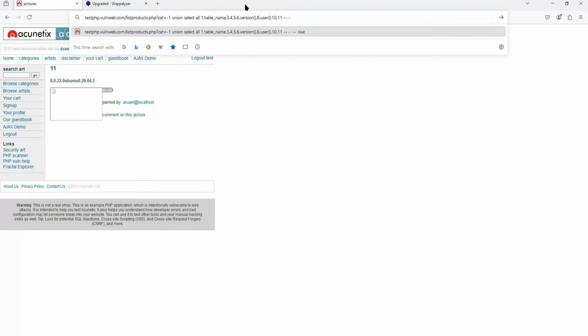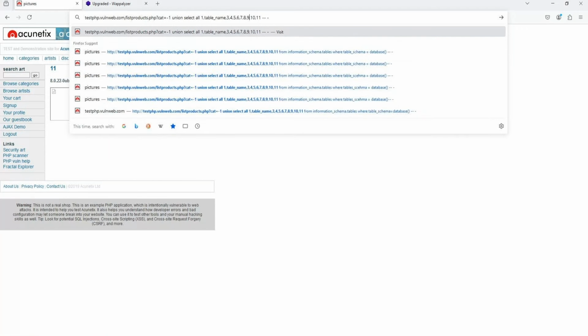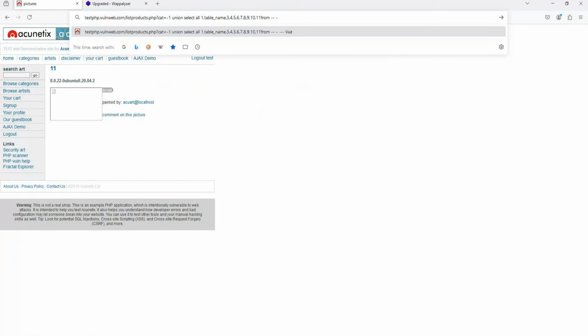For 7 I'll write 7, and for 9 I'll write 9. I'm injecting my query here, and I'll write from information schema. I want the data from information schema dot tables,